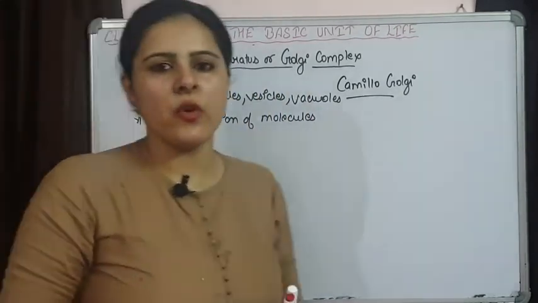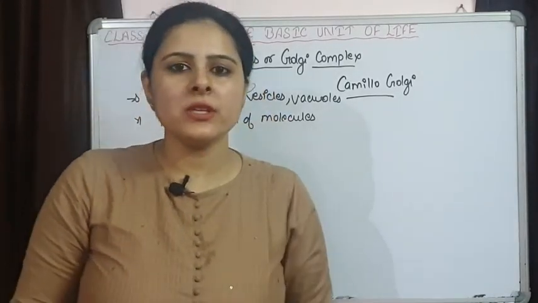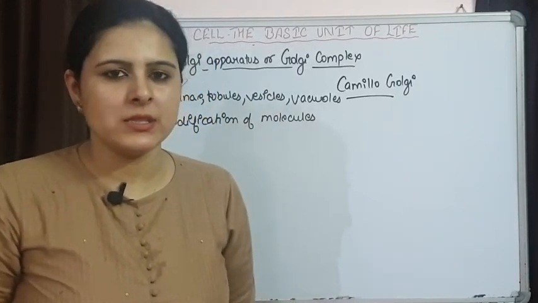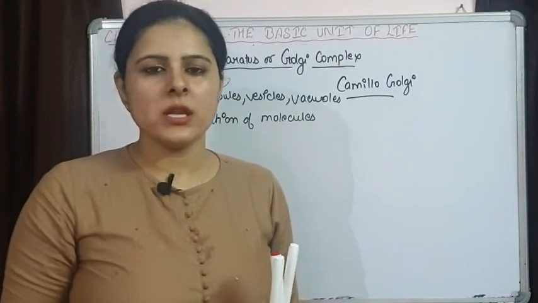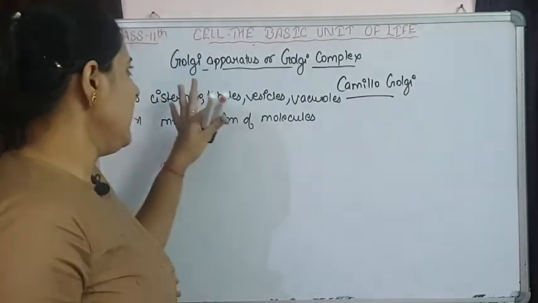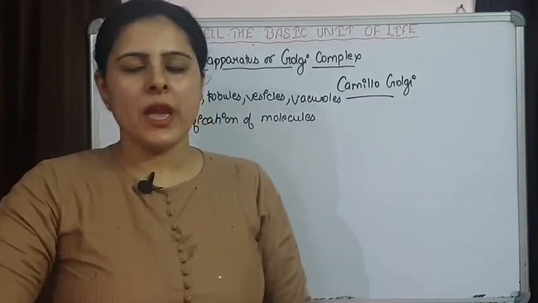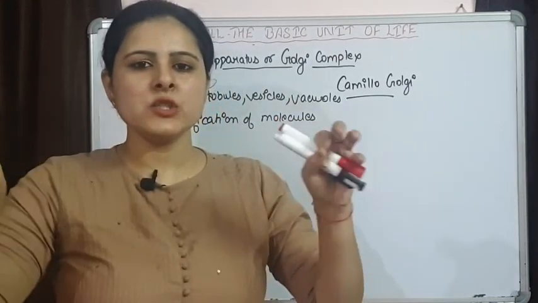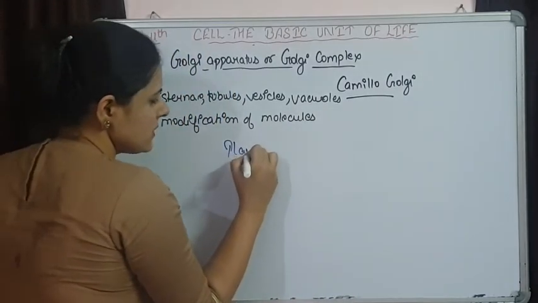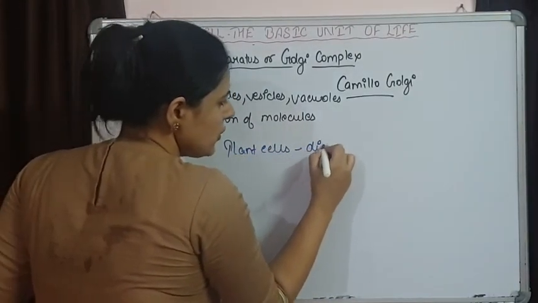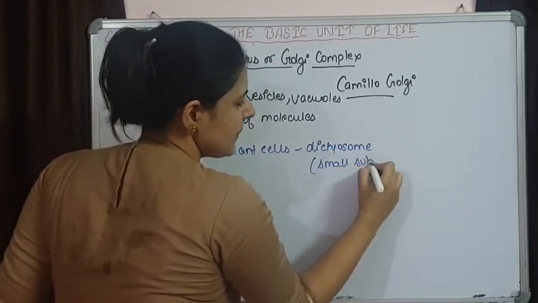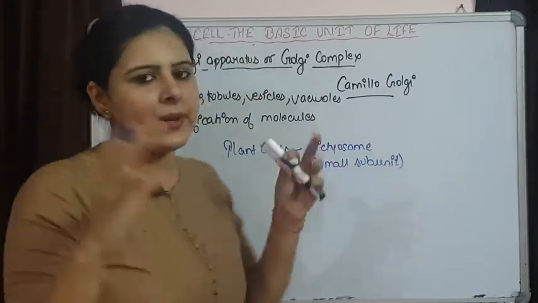If we see the presence of Golgi bodies, then it is going to be absent in prokaryotic cells, in mycoplasma, and will be present in most of the eukaryotic cells. But sometimes absent in eukaryotic cells also, again in mature RBCs, mammalian RBCs, then sieve tubes. Golgi bodies in plants are present in small subunits, scattered, and there they are known as dictyosomes. So in plant cells they are known as dictyosomes, as they are present in small subunits, while in animal cells the whole Golgi apparatus is going to be present in one single position.